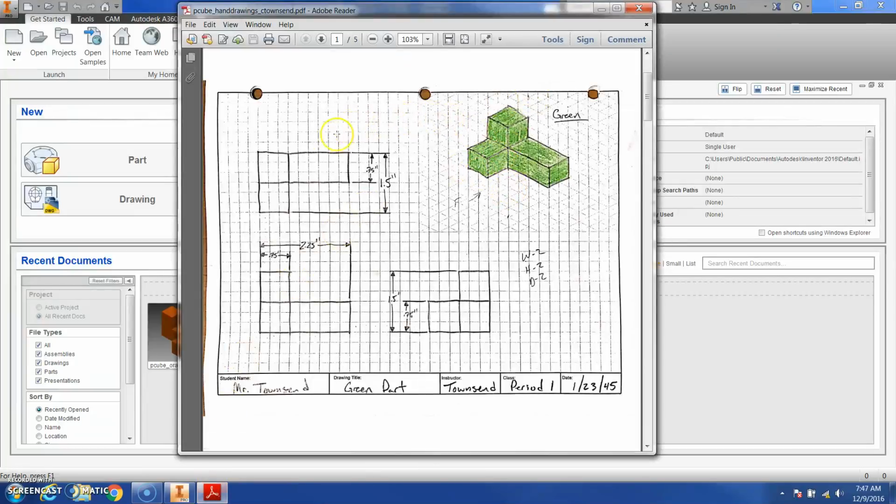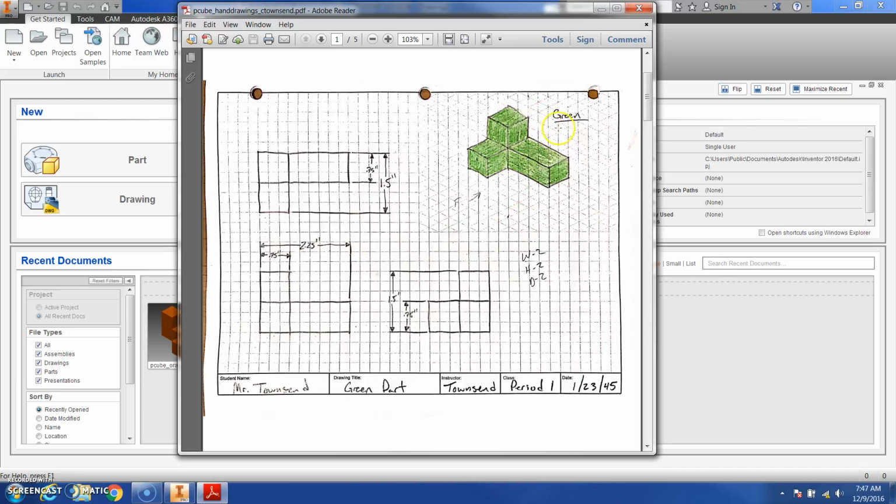an example of the green part that we showed in the first video, and the appropriate hand drawing with front, top, right view, and then our shaded ISO in the top right hand side. And then you also should have included dimensions in your hand sketches as well. So what we're going to do is take that part file that we already created, and instead of hand drawing all these views, we're going to use Inventor to create the drawing and place these views and then add dimensions